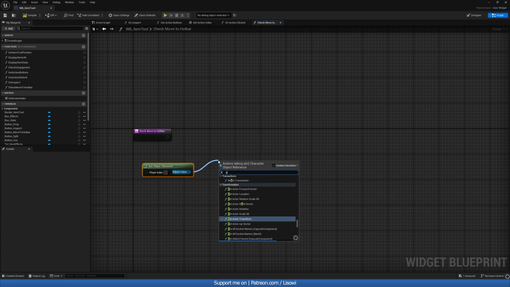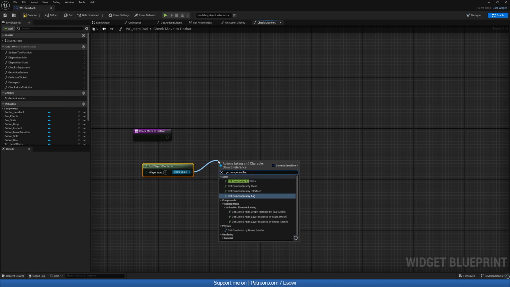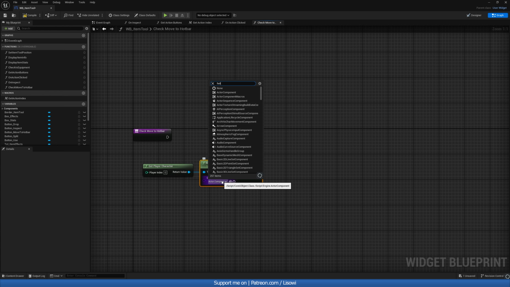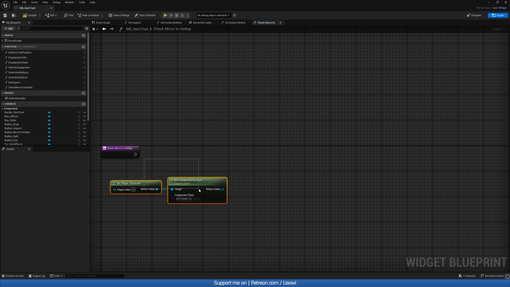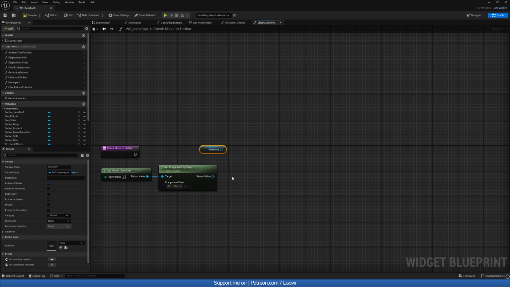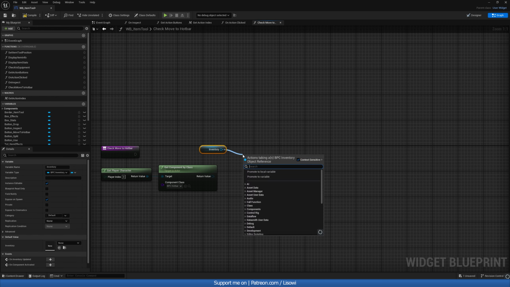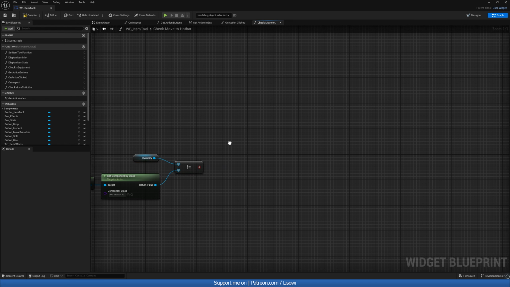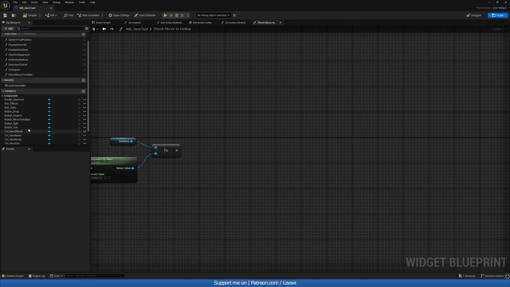We'll do get component by class. And we want to check our hotbar component. Let's get the inventory component and compare these two. So not equals. And if that's the case, we can do button move to hotbar and we'll do